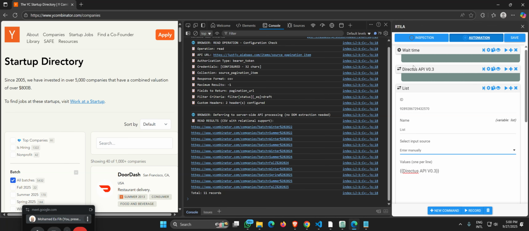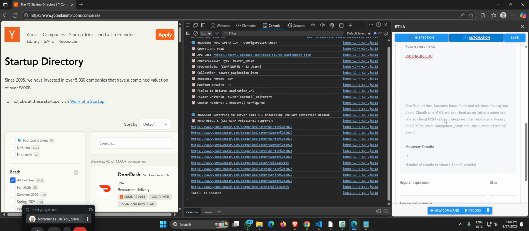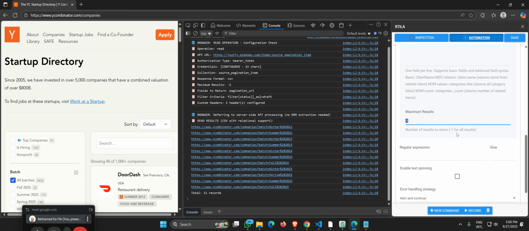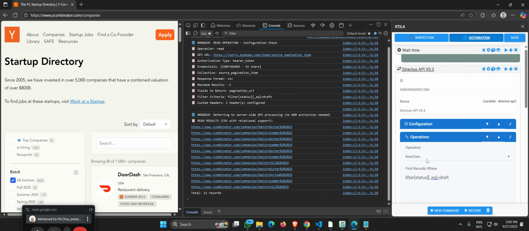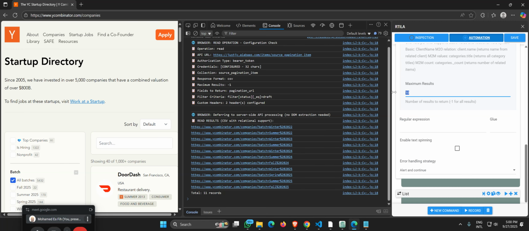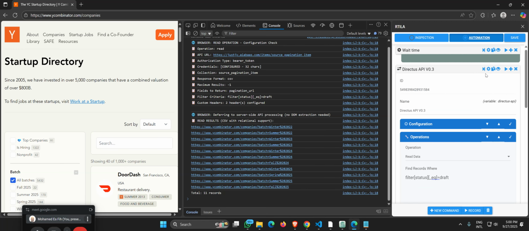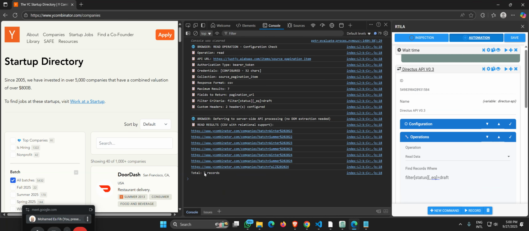Or you see here in Directus, I can limit how many URLs I get. Minus one means all the results. But I can say, look, I don't want all the results. I just want the next 10, and I do a loop of 10. Let's say now I want 7. I do 7 at a time. When I run it, Directus will return only 7 records. So you can also manage your threshold of data from the command that actually acquires the data, and then you just do more cycles of it. So this way,